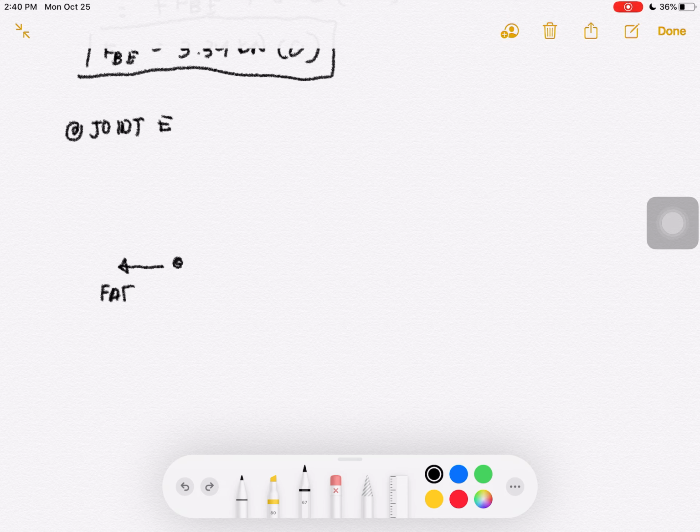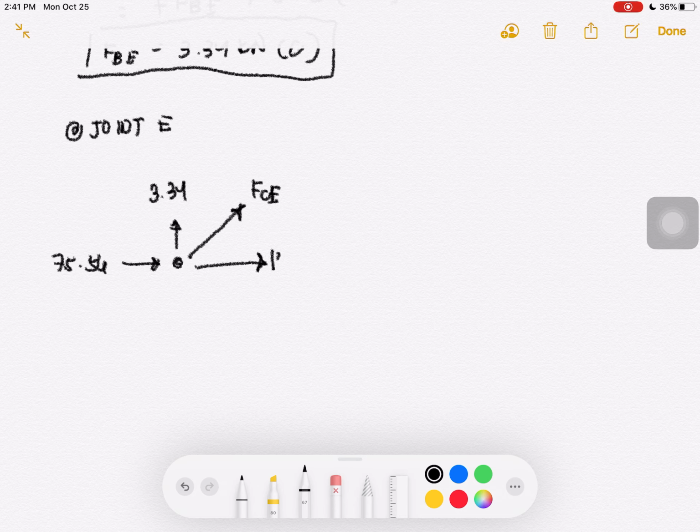So pag ganito na siya, si FAE mo tension 75.56, tapos si FBE mo is compression 3.34, and then we have the assumed FCE and assumed FE. Okay,